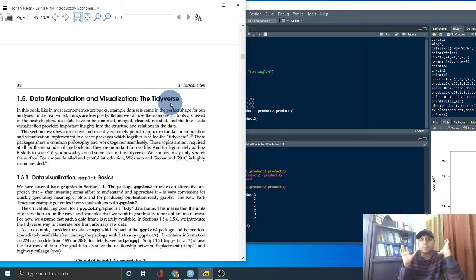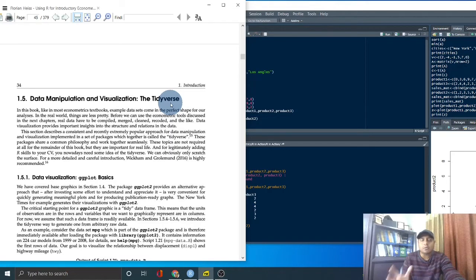Tidyverse is a very nice package where all the data manipulation tools like ggplot, dplyr and tidyr are there, and Hadley Wickham created it. We will use it in the next couple of videos hopefully, but the main purpose of this series is to cover the econometrics part and the basic fundamentals of the R programming language.